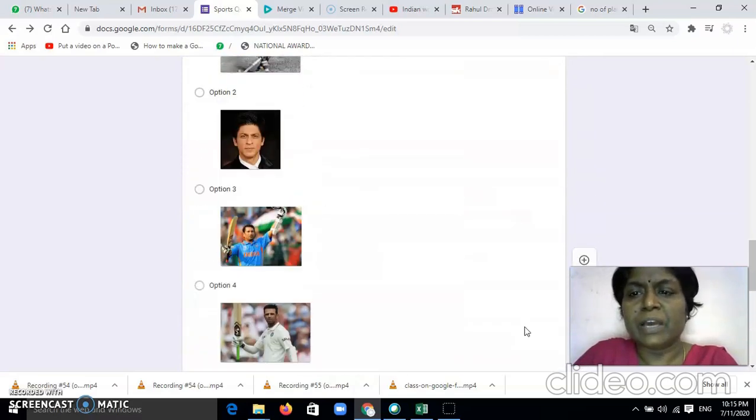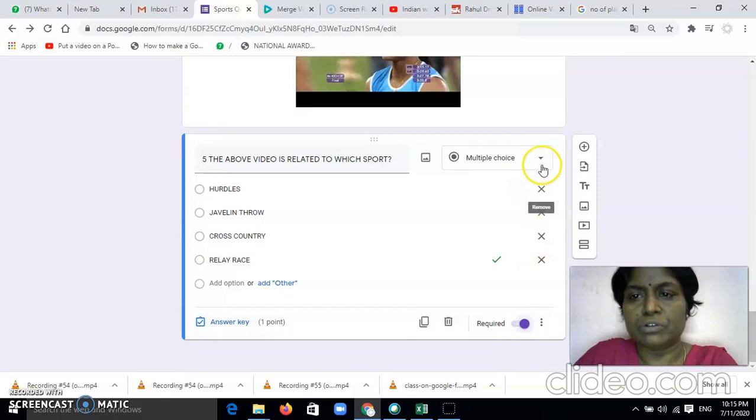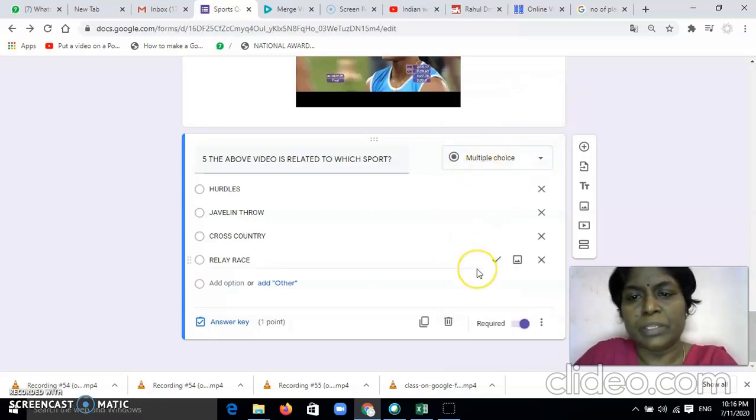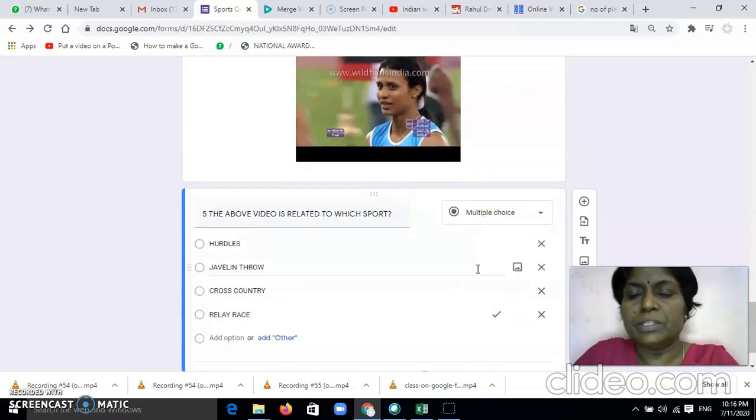After this, we have got different types of questions also here. See, after MCQ you can have checkbox. Checkbox means match the following kind of thing. And then you have paragraph answer. For that you need not do anything, just leave the lines and then the children will write the answer and send it. So these are the important things which you have to learn in forming the questions. Up to here, this is the preliminary and most important of all.